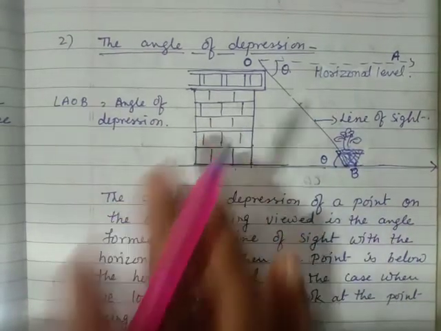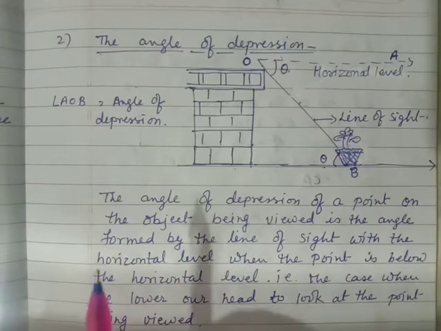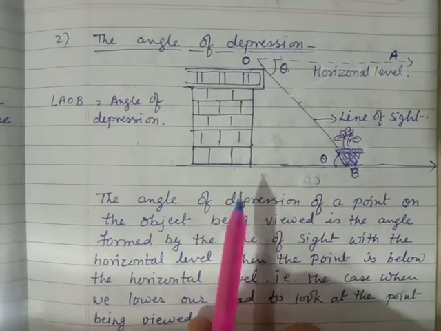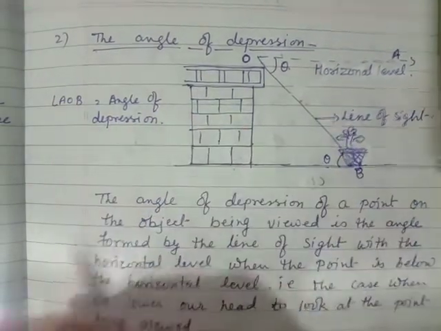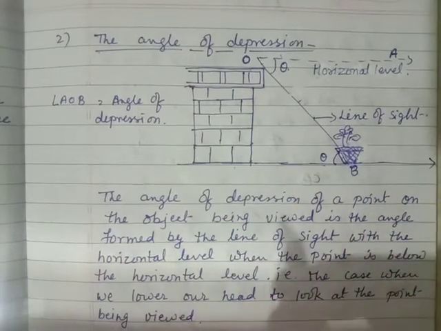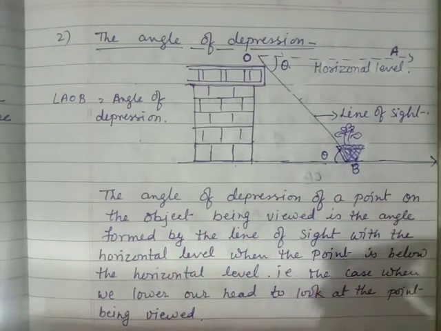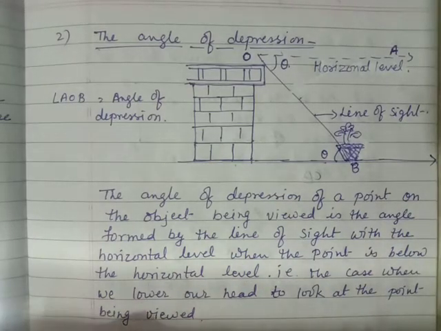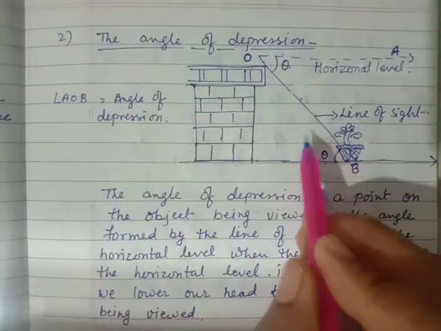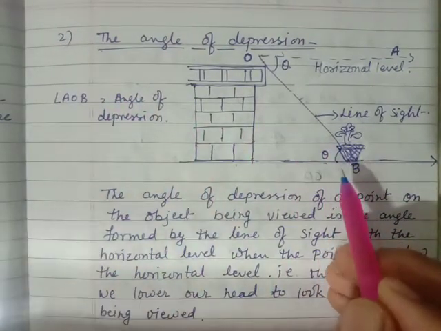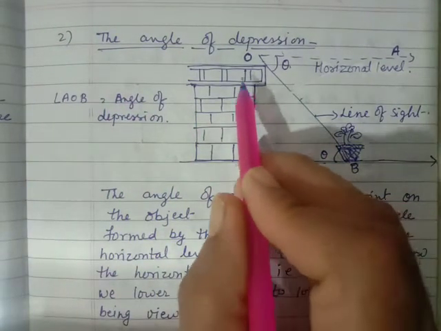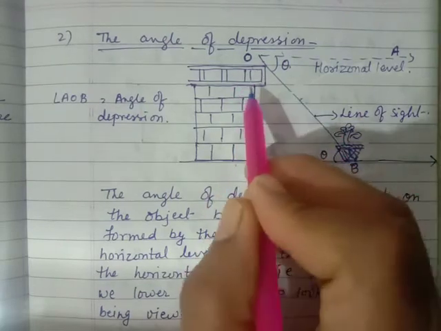So the basic difference between angle of elevation and angle of depression is that when we see any object which is above our head, then the angle made between the horizontal level and line of sight is the angle of elevation. And when we observe anything which is below any observer's